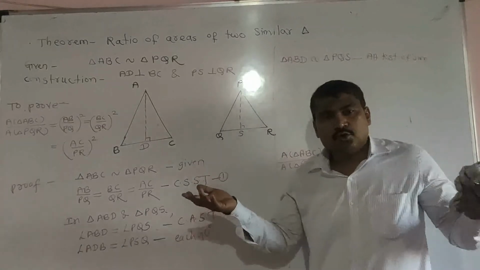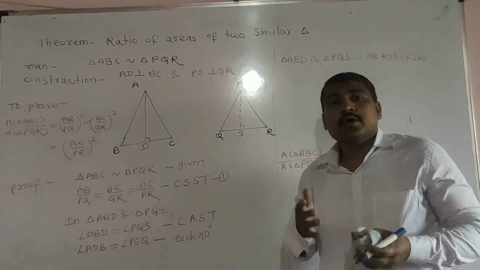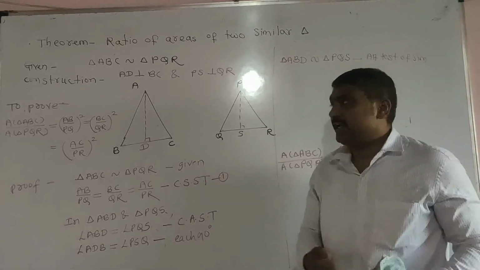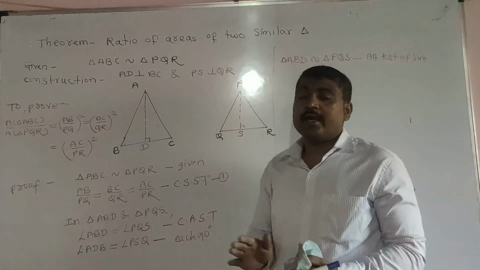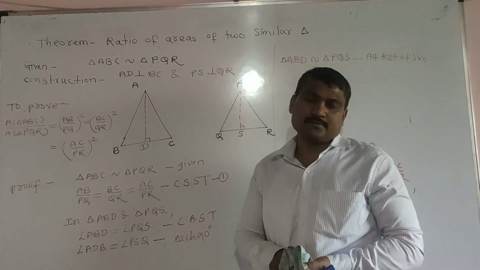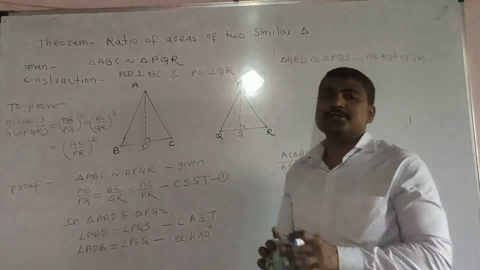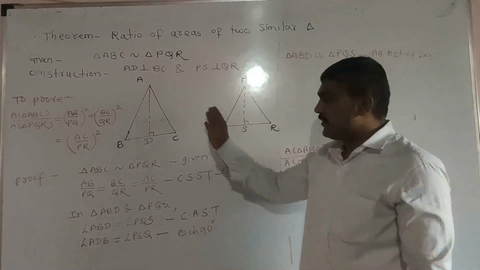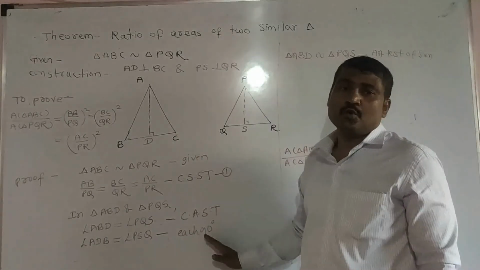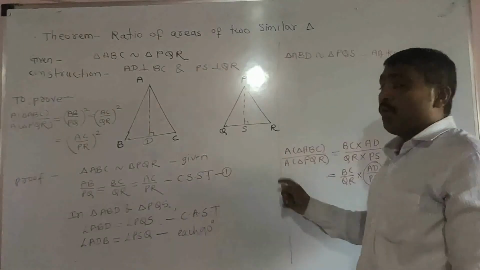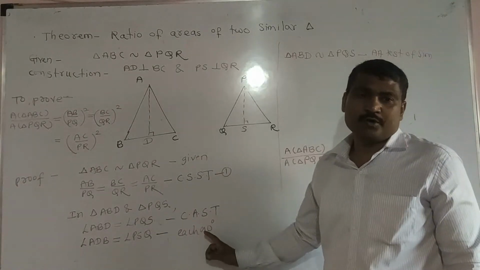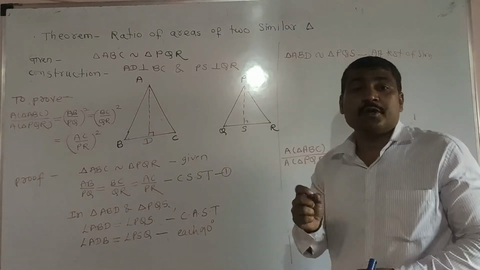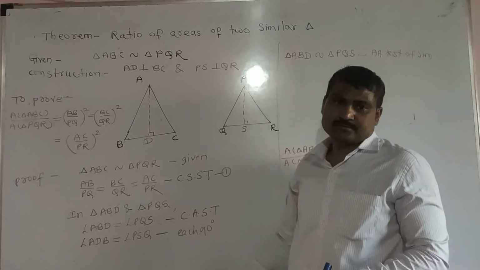And we know, to show ratio of sides the same, we have to show some triangles are similar. That's why I have selected this triangle and this triangle. And that's why I have shown these two triangles are similar. While solving a problem, remember this. Don't do the problem like this: due to this, I have done this. No, we have to understand why we have done this step. This is very, very important. How we have done this step is not important. Important is why I have done this step.